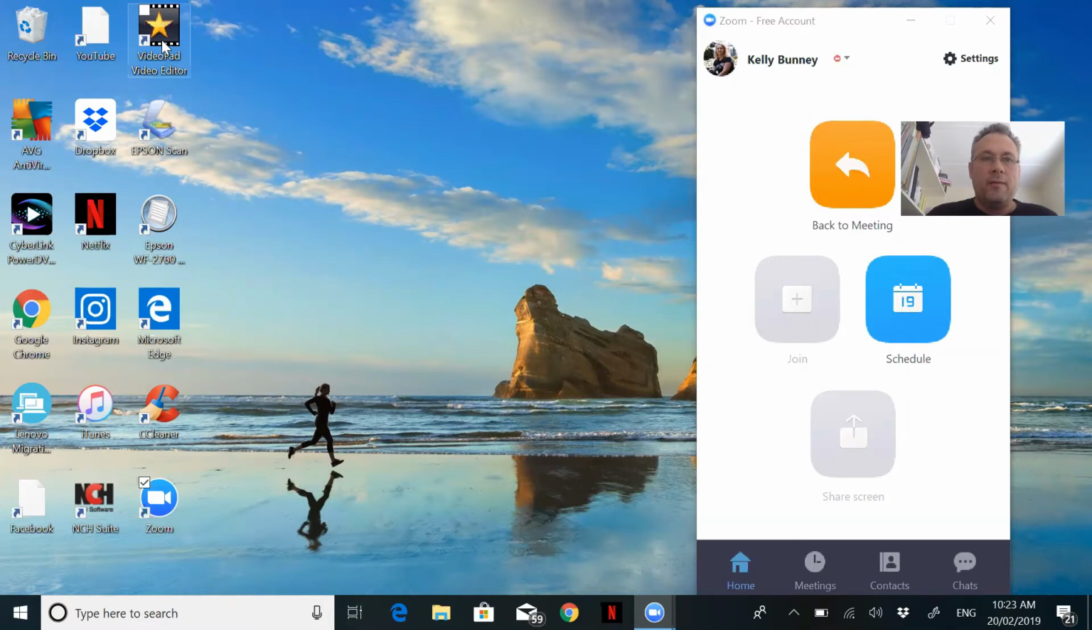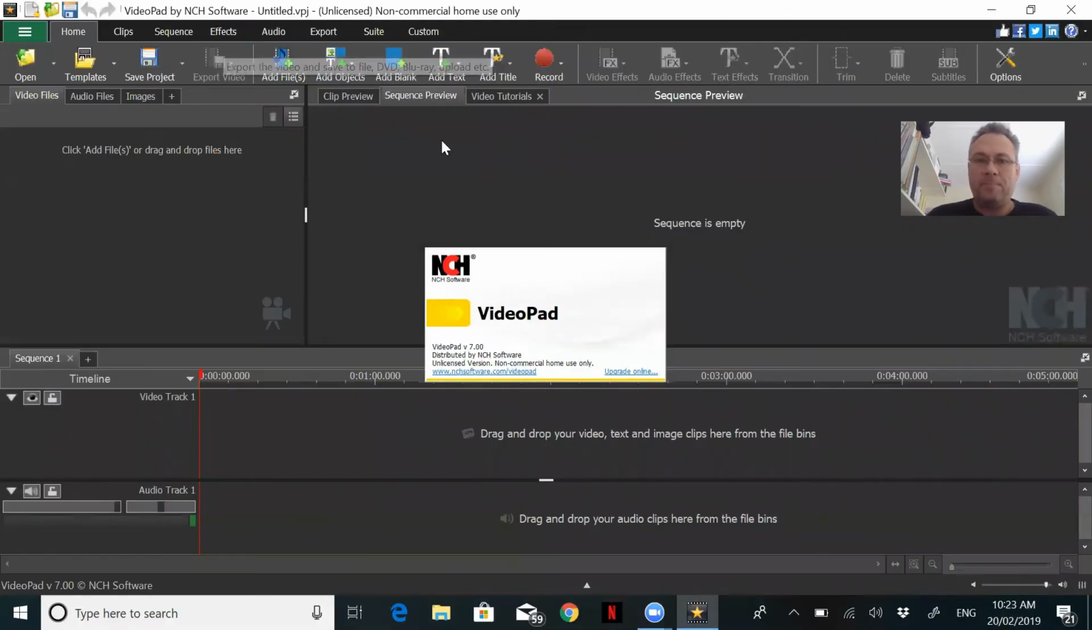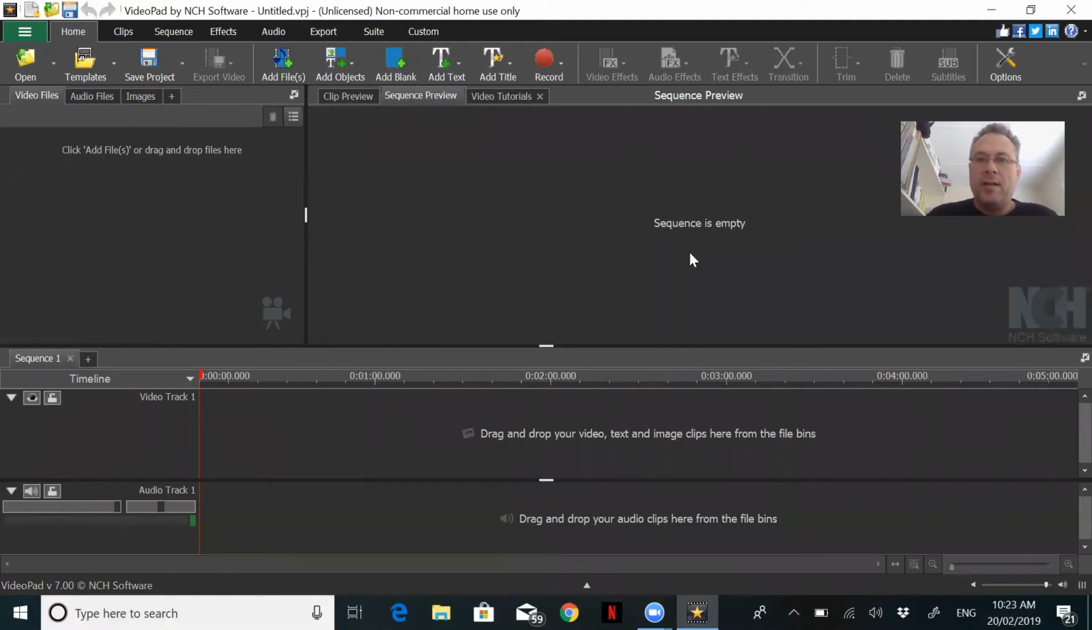So this is what the VideoPad icon looks like. So we just want to open up that software, and this is what you get. This area here is where you're going to preview your video, and this is where you do all your editing down the bottom here. And over here is where you control all the different layers of your video, because if you keep in mind that layers is